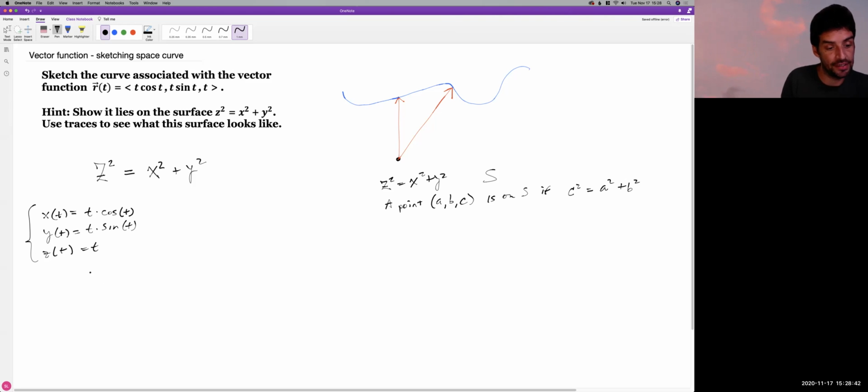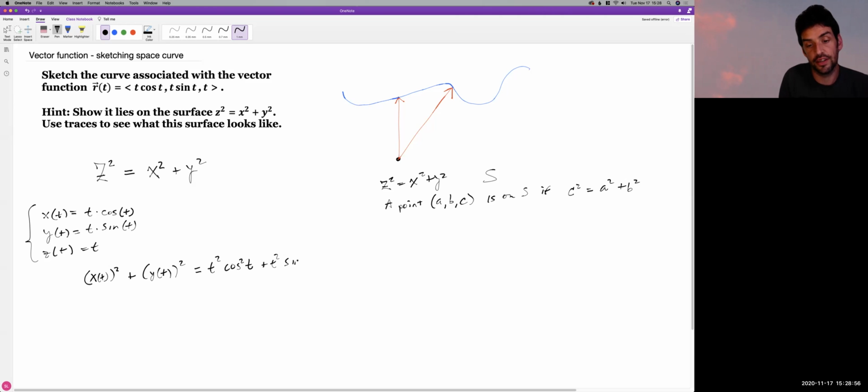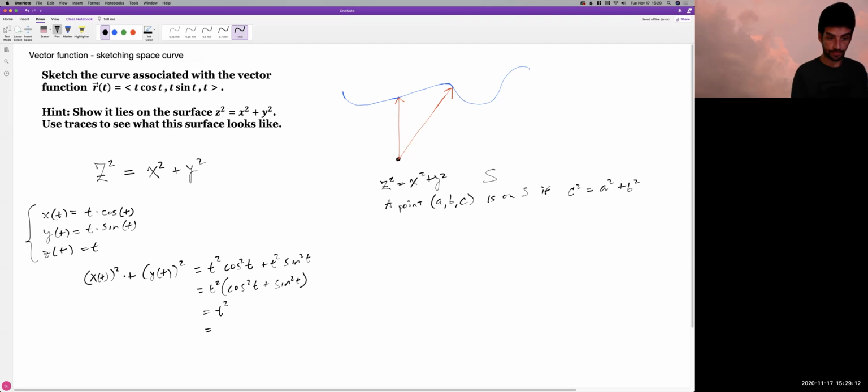I'm going to take x of t squared plus y of t squared. What do I get? I've got t squared cosine squared t plus t squared sine squared t. I can factor out t squared. I get cosine squared t plus sine squared t. Of course, that's a trig identity equal to 1. And we see that the sum of the component functions x squared and y squared gives us t squared, which is, of course, the square